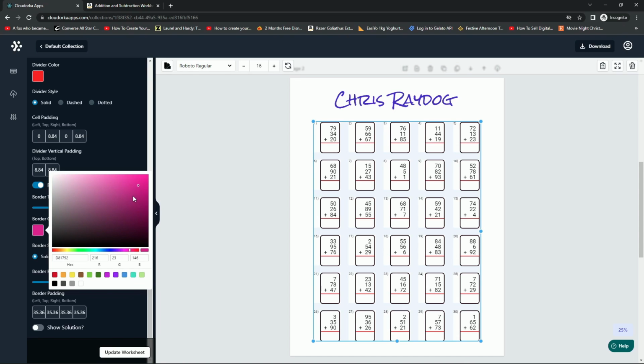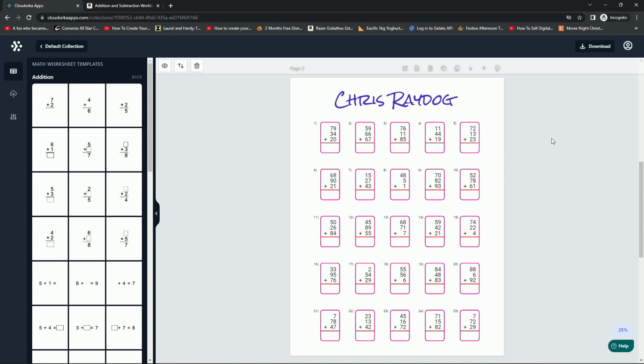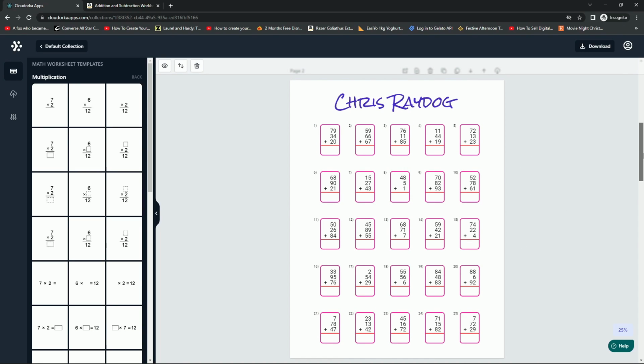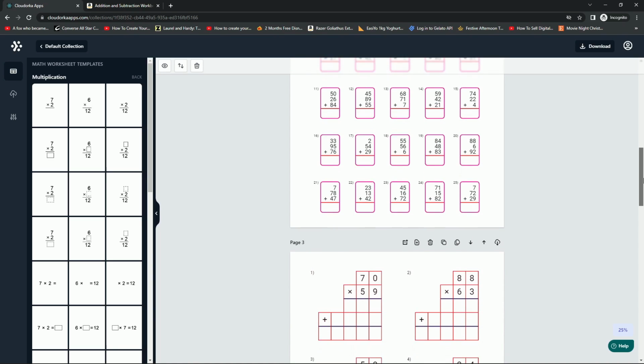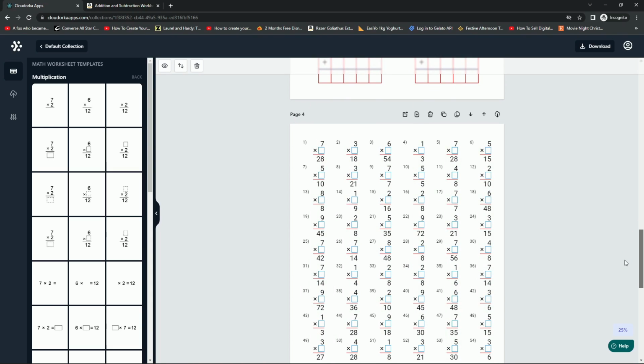that color. And what we can do is also change the border color on our equations as well. So let's try and make this a sort of pinkish color, make the border style solid, and then try and update our worksheet and see how that looks. And there we go, that's updated the colors, making it look much more lively. And like I say, we have these color options for all of the equations that we have access to so that we can present our worksheets the way that we want to,